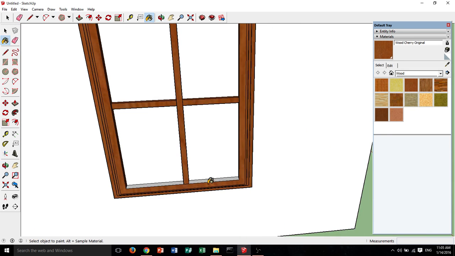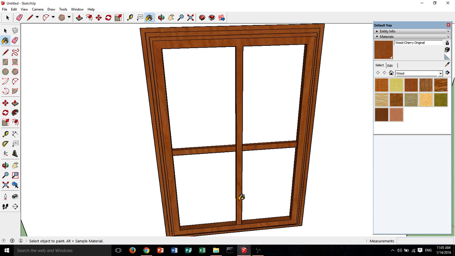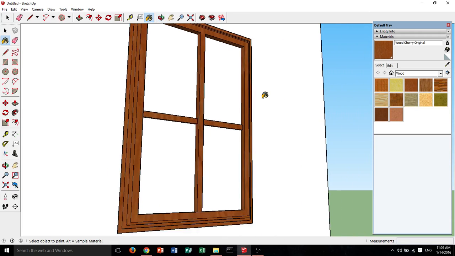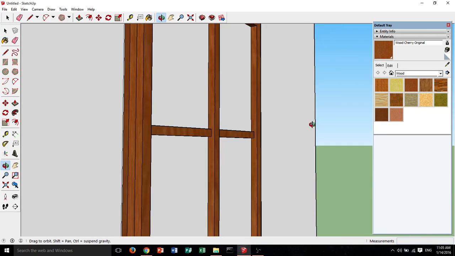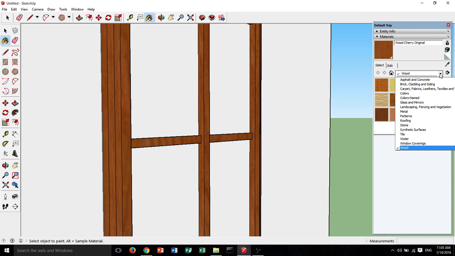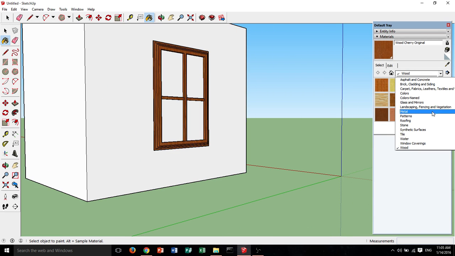Alright, so we've got, you know, a nicer wooden window frame. What's really nice about the textures in SketchUp is we can either use a transparent